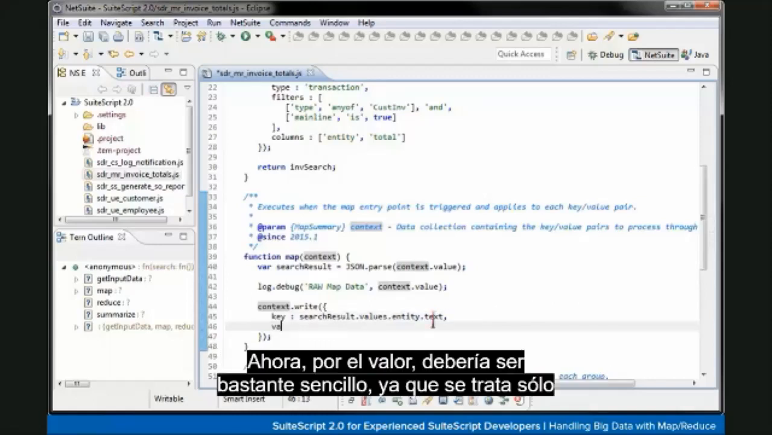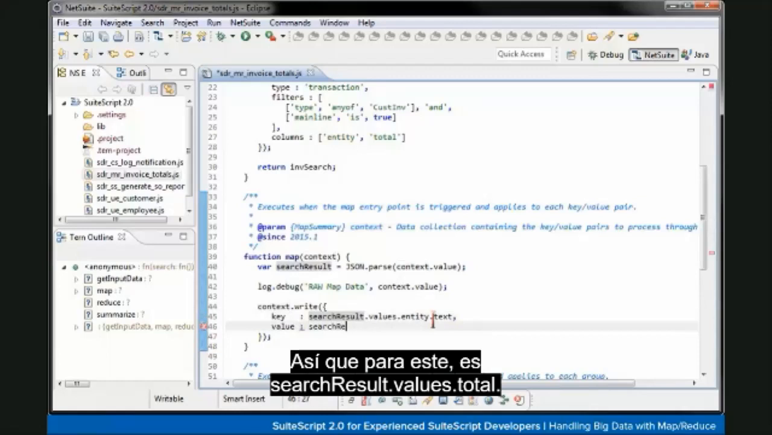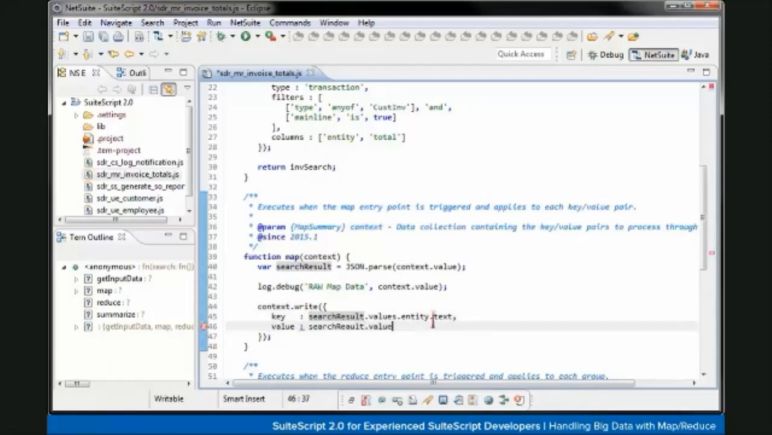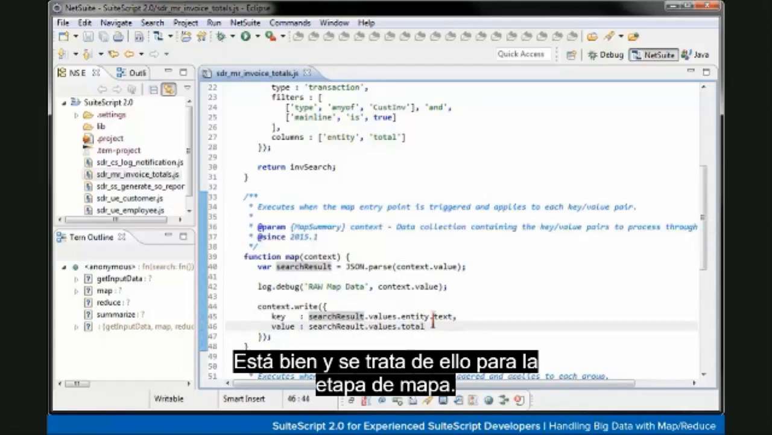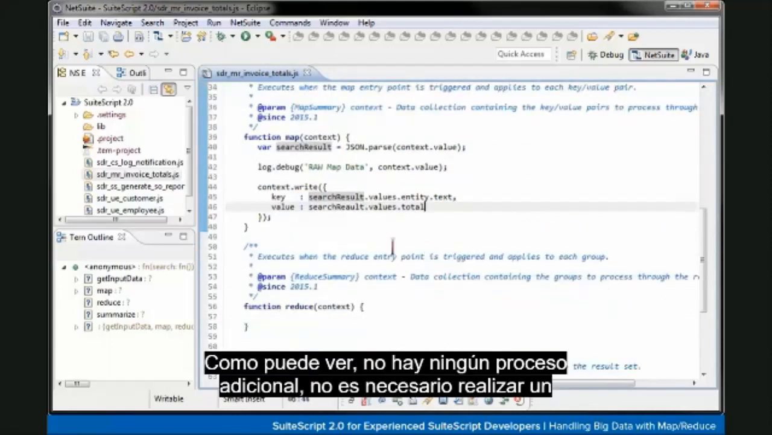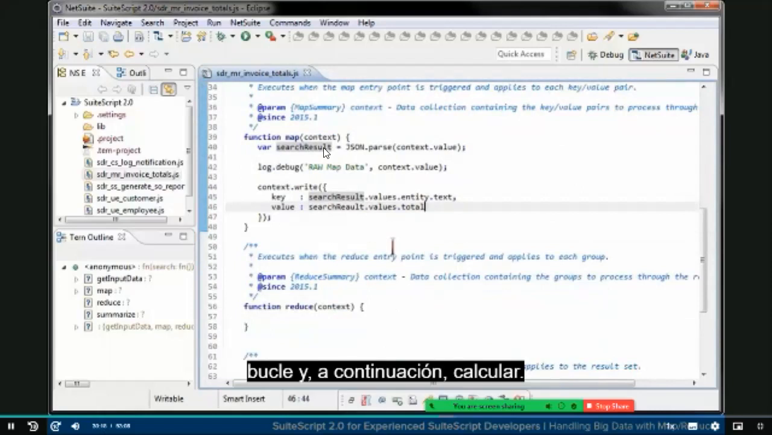Now for the value, this should be pretty simple because this is just a number. Okay, so for this one, that's search result dot values dot total. That's it. Nothing to fuss about here because that's just one number value. Okay, and that's about it for the map stage. So as you can see, no additional processing, no need to loop through and then figure out, because in this case,